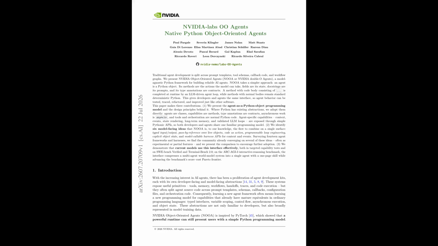And here's the clever twist. If you write a method whose body is just 3 dots, the ellipsis literal in Python, the framework treats that method as an agentic method and fills it in at runtime by driving a language model in a loop. Methods with normal code bodies stay as ordinary deterministic Python. So within a single class, you get a seamless blend of code that always runs the same way and code that gets improvised by an LLM, both callable through the exact same interface.